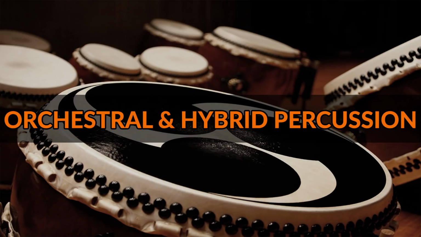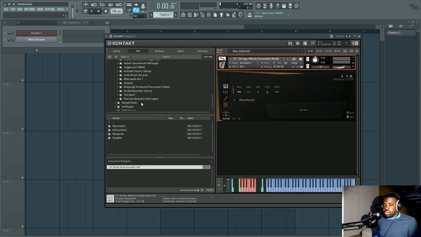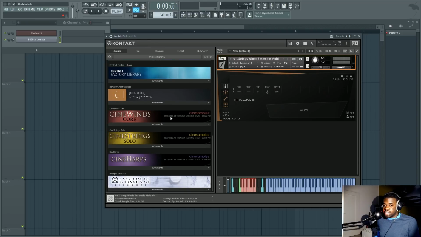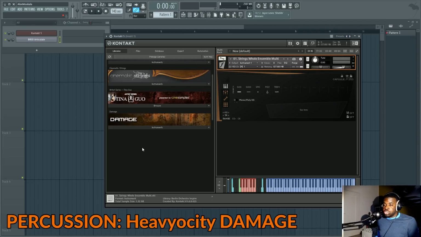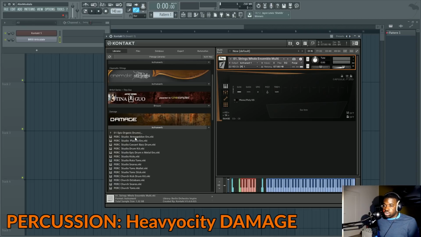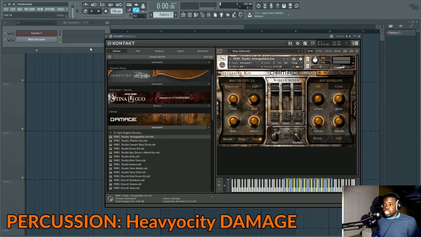Now, as for percussion, they are one of my favorite types of instruments, and the main library I usually use is Damage. This guy, which is a library of super powerful